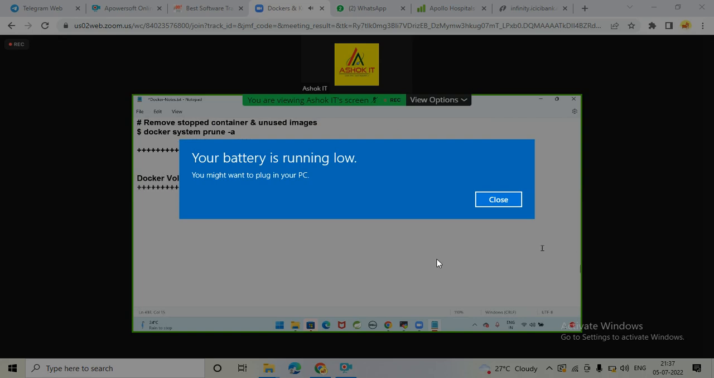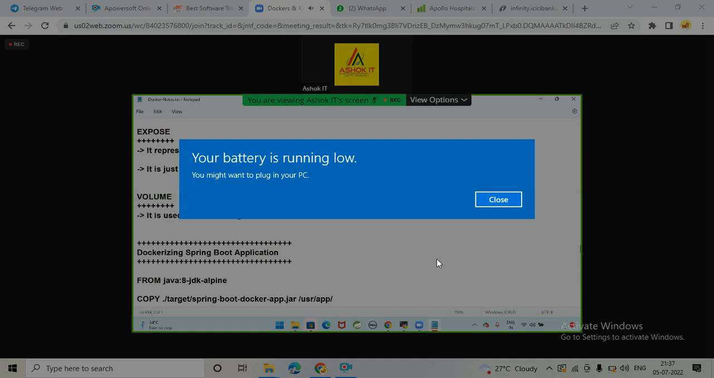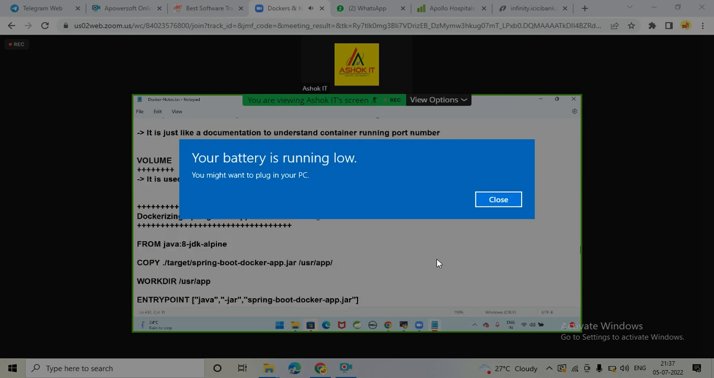When I was explaining Dockerfile keywords, there is one keyword called volume. I just gave an introduction for volume. What is the purpose of the volume keyword in the Dockerfile? It is used for storage purposes. Fine. Next,